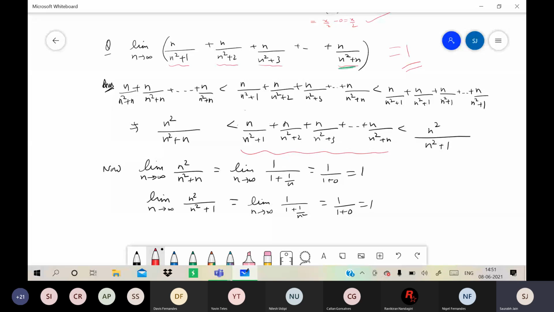Rest there is addition. Now both sides denominators are same, n square plus n, so the LCM will be n square plus n. How do you add the numerator? n plus n up to n added to itself n times, that will be n square. Same in the right hand side. Then you find the limits. Infinity by infinity algebraic type. You have to fix first and first denominator. That is what you have to do.